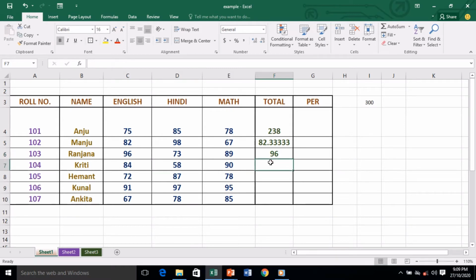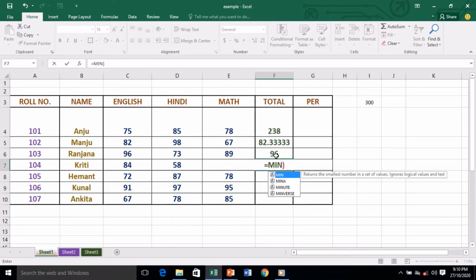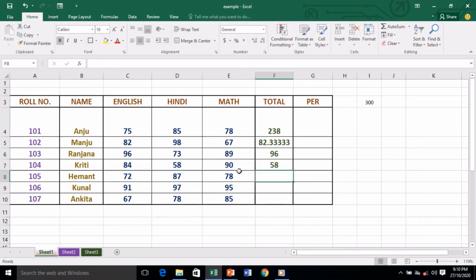The next is minimum. So let's find out the minimum value from all these three. I'll click again on the AutoSum drop down and choose min. So here the min has come. See, by default it is selecting the upper range. We'll change this and select this one, because we want the minimum from here, and then I'll use E7. So let's press the Enter key and find out that the minimum value is 58 out of all these three. So these are the functions which are under AutoSum. If you want still more, there are more functions.